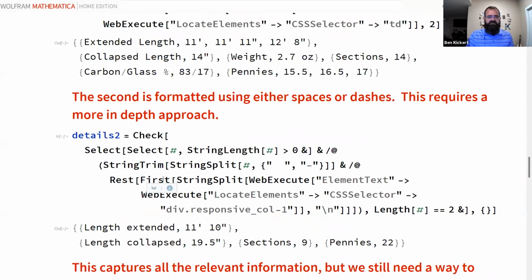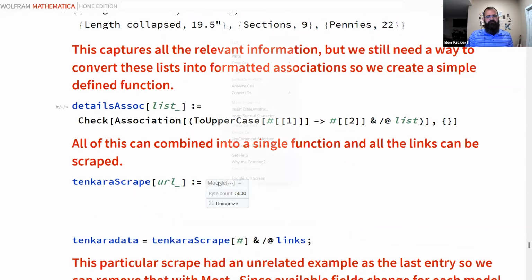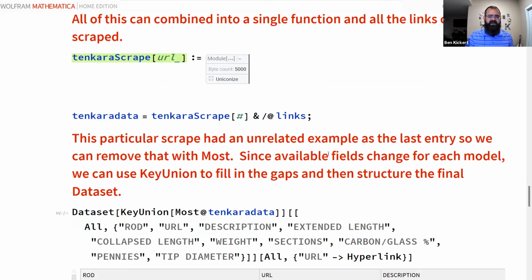At the same time, I found that the designer himself actually changed his format a couple different ways. So I had to write some additional code to be able to do that. But at the end of the day, all of it could be included in a single code that all I had to do is feed the links back through.